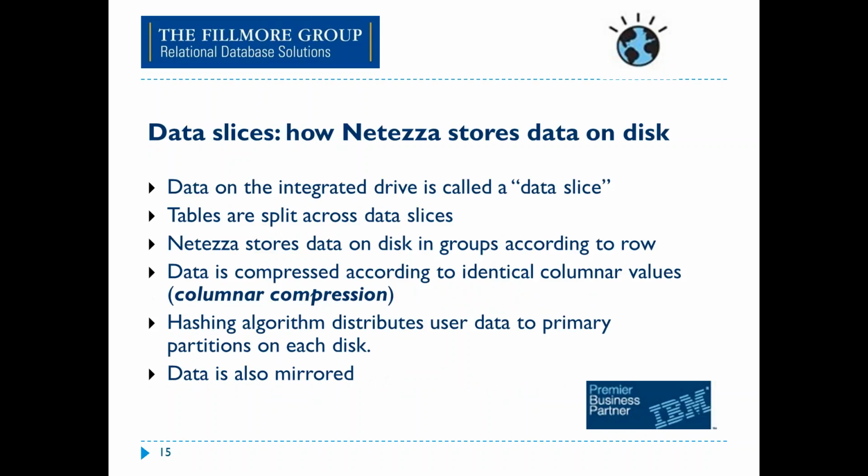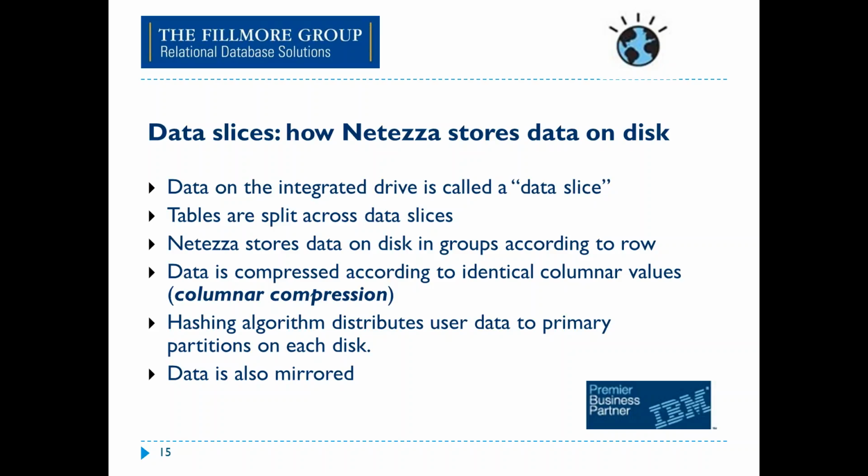So a data slice is how Netezza stores data on disk. Tables are split across data slices. Netezza stores the data on disks in groups according to row. You can affect how the data is stored by using something called an organizing key. The data is compressed according to identical columnar values, so it uses columnar compression, and a hashing algorithm identified by something called a distribution key distributes the data to primary partitions across the